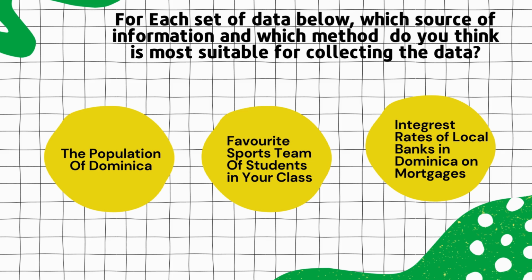And we have the third one, which would be interest rates. Remember, this is supposed to be interest rates, it's a typographical error, of local banks in Dominica on mortgages. How are you going to find out this information? What is your method of finding out the information for this? Okay, so